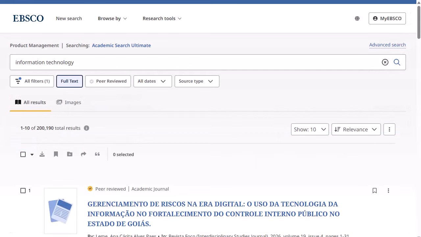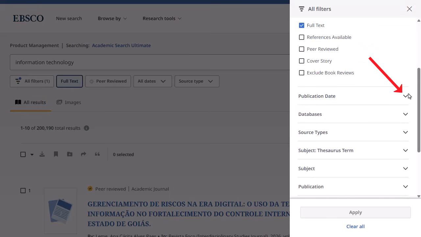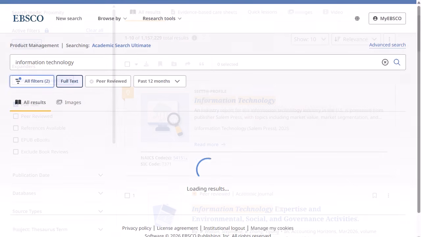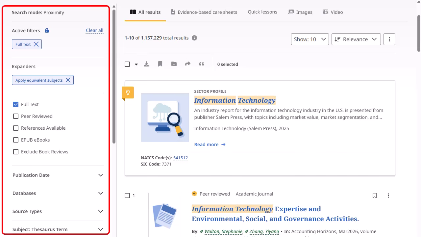You can refine your search results by applying filters. Click the All Filters button below the search box to display them. Click the arrows to open facets and display the available filters. When you are finished making selections, click the Apply button to update your results. Note that if configured by your institution, the All Filters panel may appear opened by default on the left side